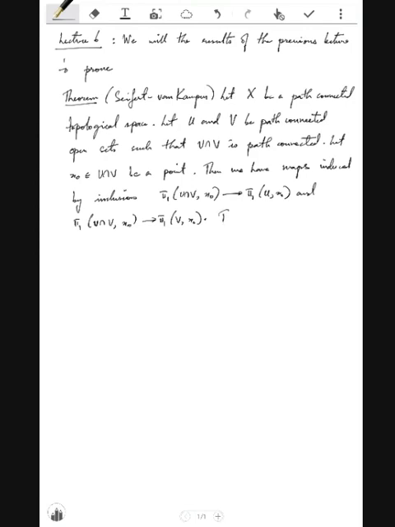Then pi 1 of X, X naught is isomorphic to